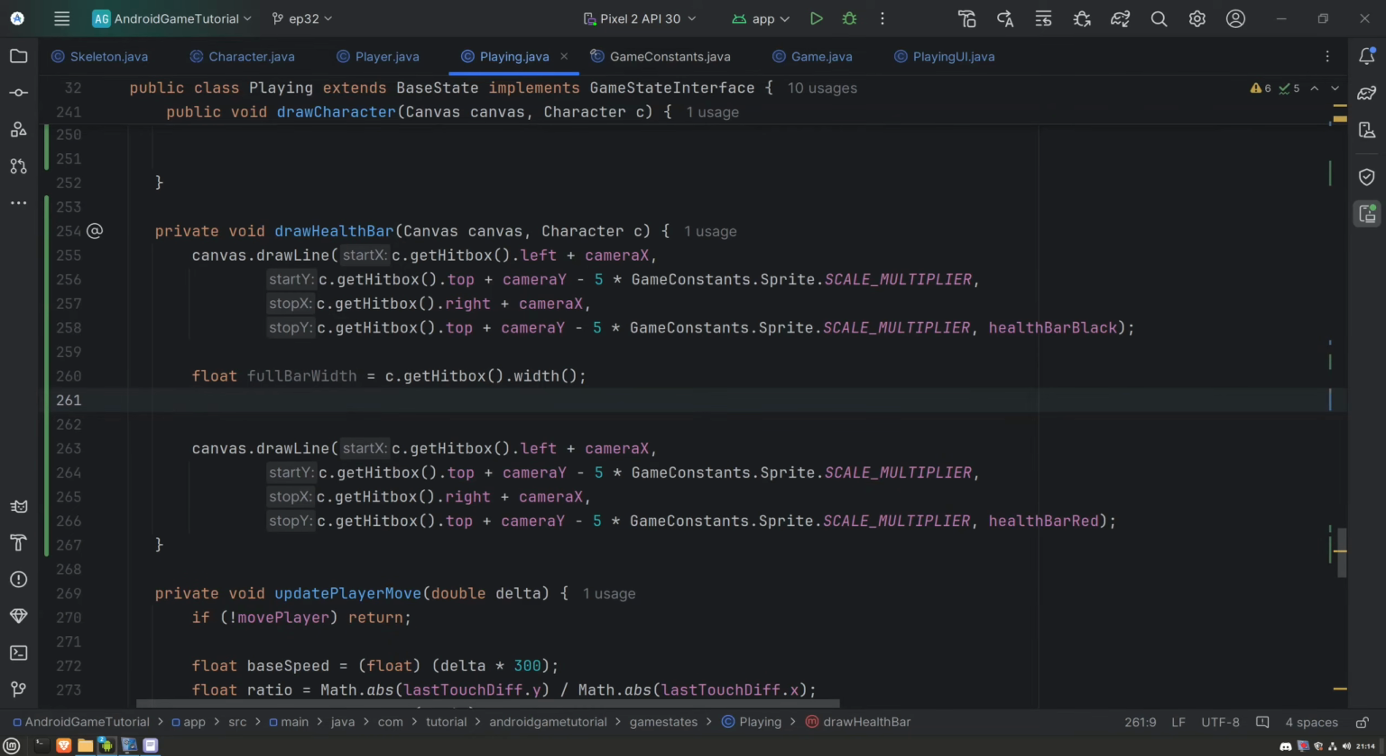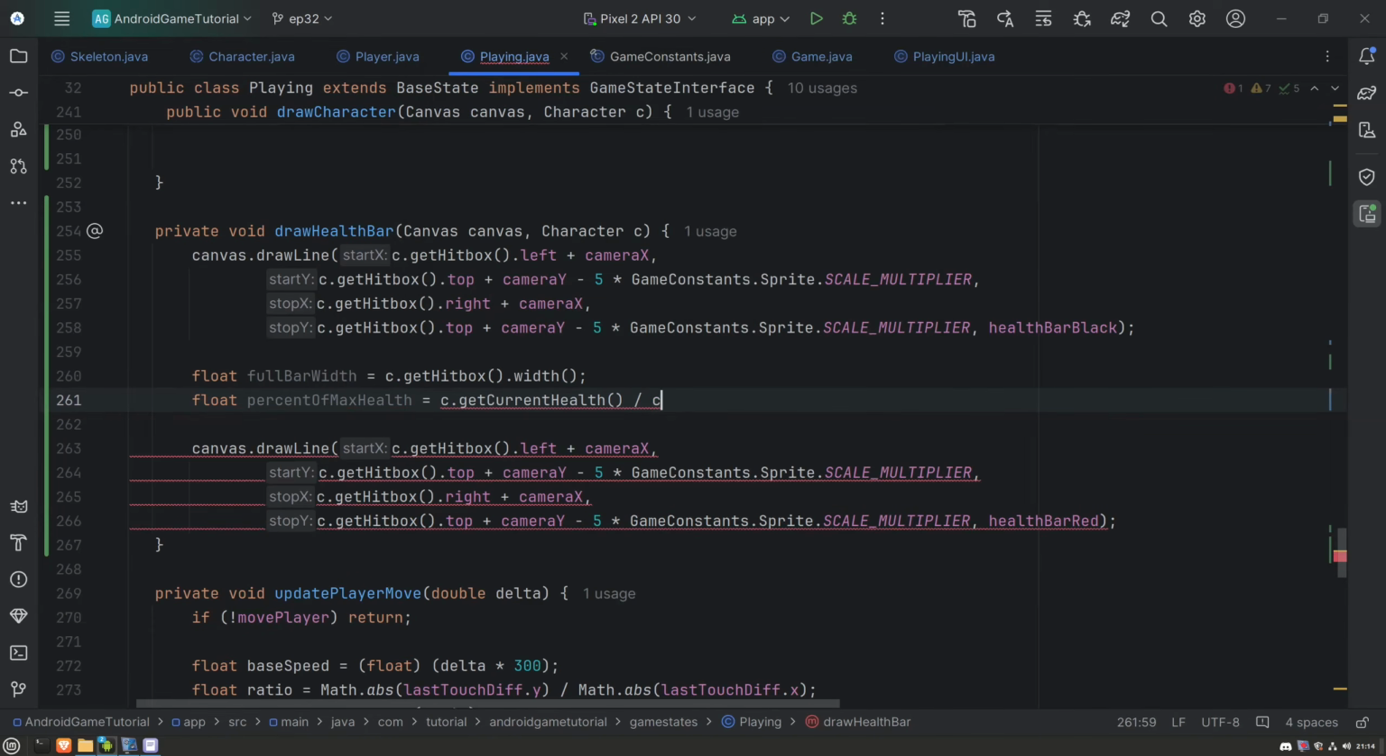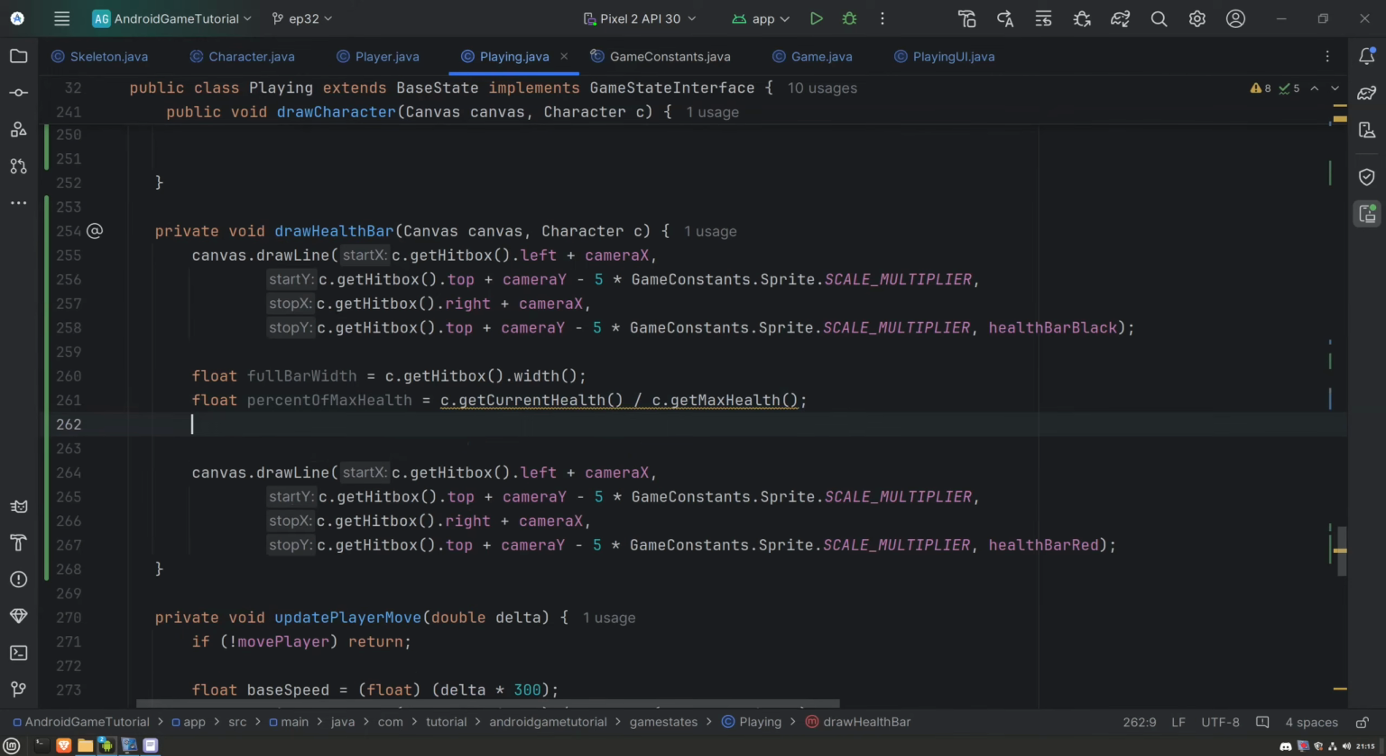And then we need a float percent of max health, which is equal to c dot get current health divided by c dot get max health. And then we go float bar width is equal to full bar width times percent of max health. And